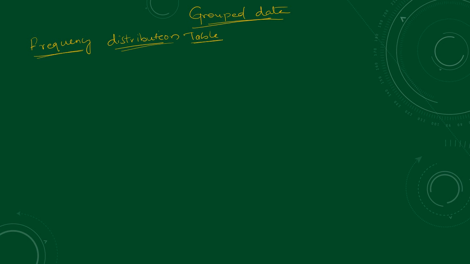Here in this table, the frequency is distributed among the class intervals. So we have a class interval, and corresponding to it we have the frequency of that particular class interval. So what is meant by frequency? Frequency is nothing but the number of things or the number of people